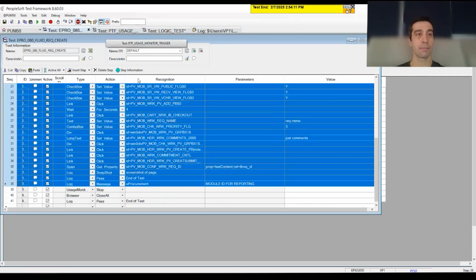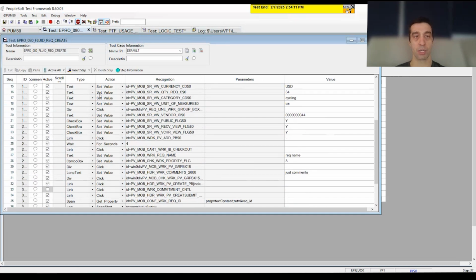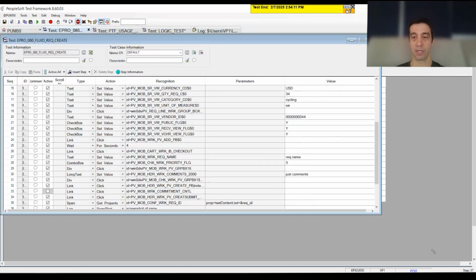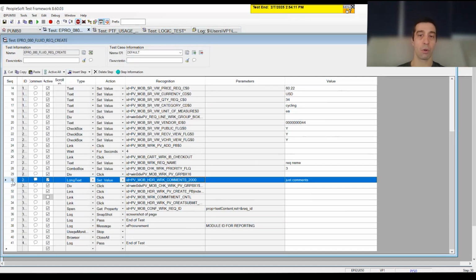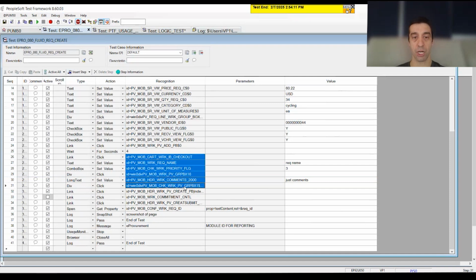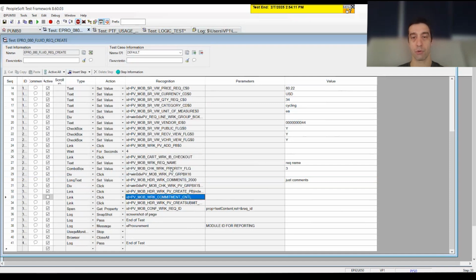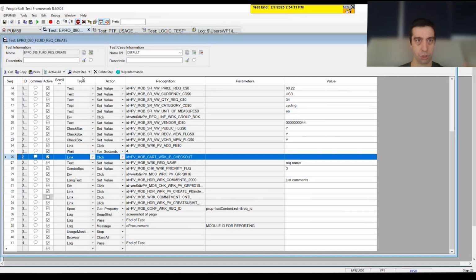Let's open up this fluid test, for example. Here we have a test where this is a requisition test. So what we're doing is going and creating a special requisition. And maybe we want to break something apart. Maybe this comments has to happen only certain times, or the priority flag. All of this and the entire checkout, we want to maybe trigger it in certain times. So right here, let's see, right after we click on checkout, what I'm going to do is I'm going